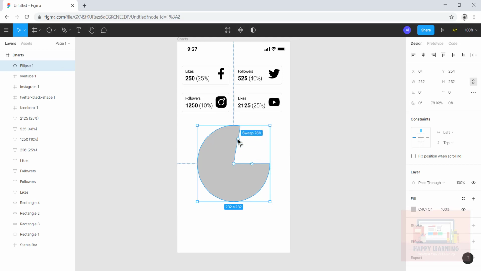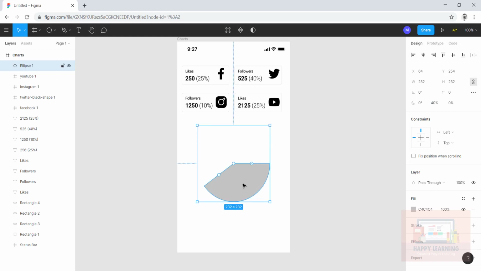So just click on it and you can see here how much percentage you want. You can just open it up. You can see that the percentage is also very clear. I would like to have 40% for Twitter. So now what you can do is manually adjust it to 40%. If you feel that it is tough, you can go to this and just type the percentage, 40. Yeah, you can see this is perfect.